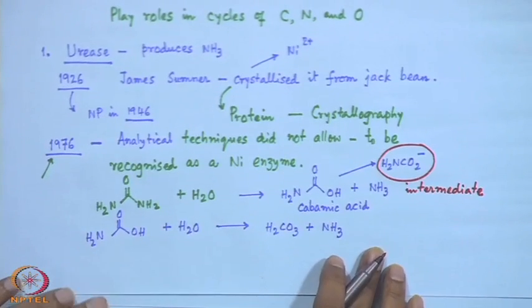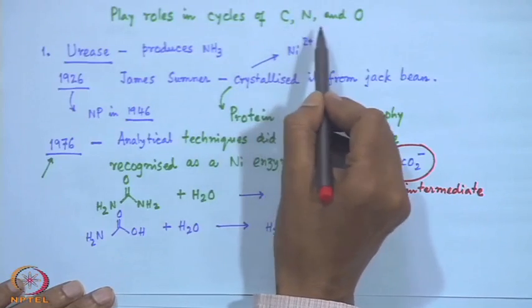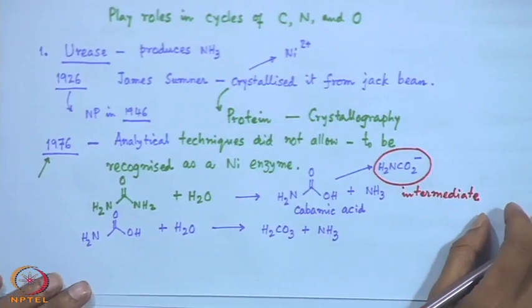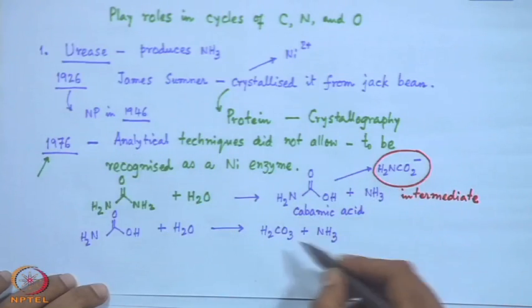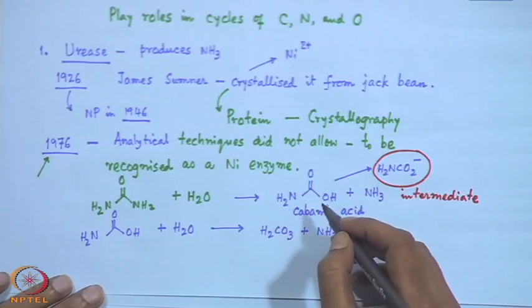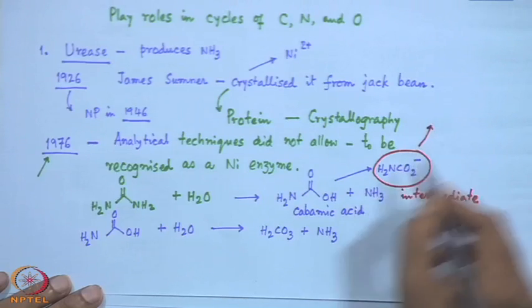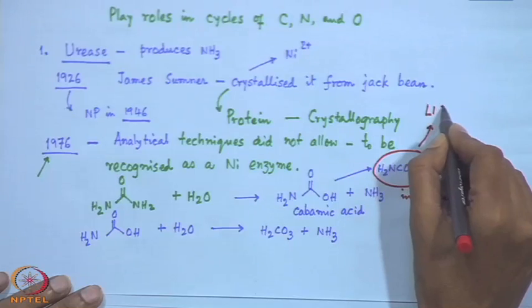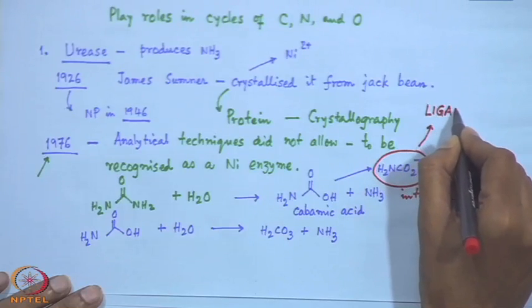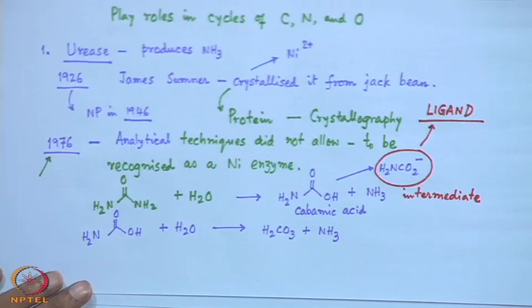Because whenever we are talking about all these gases and molecules involving carbon, nitrogen and oxygen in the typical cycle and the metal center, we always try to understand whether this sort of species in a nickel environment or some metal environment can function as a ligand or not,